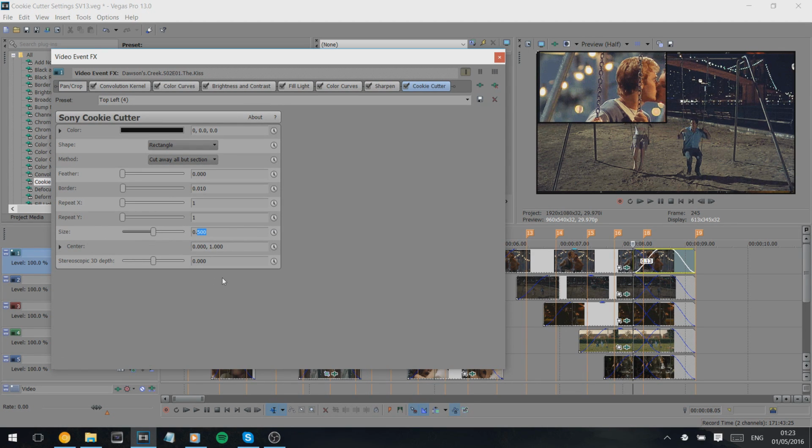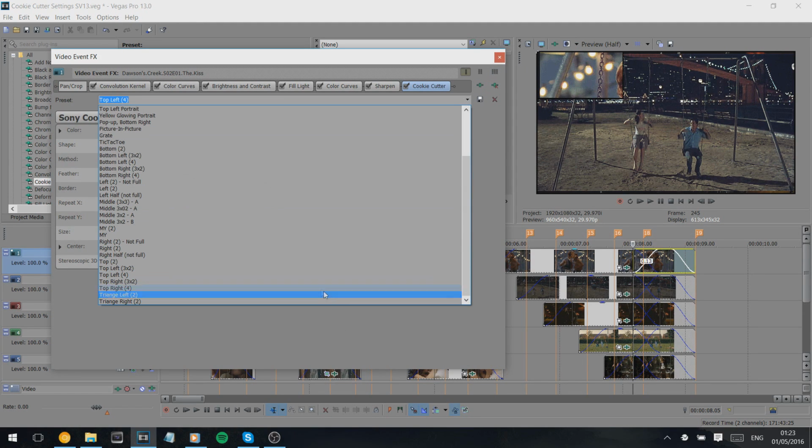1,000 divided by 3 is pretty much 333. So if we put 333 here, you're going to get that little small thing, and that's how you get 3 by 3. However, that obviously does not work if you want 3 by 2. So to do 3 by 2,